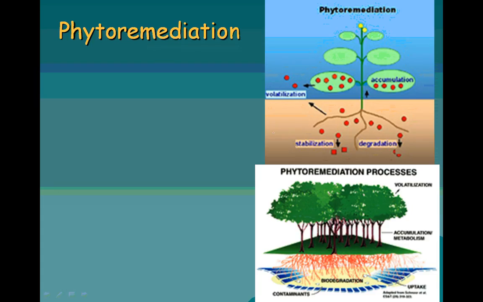Okay, there's also a technique called phytoremediation, and this is a growing field where plants are used to clean the soil, essentially. As you can see, hopefully, in this picture here, these red dots are toxins. This can be metals, it can be pesticides. There are a lot of different